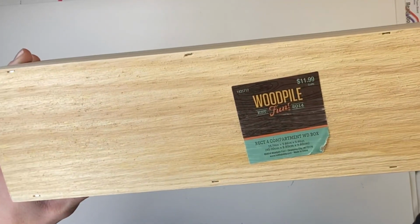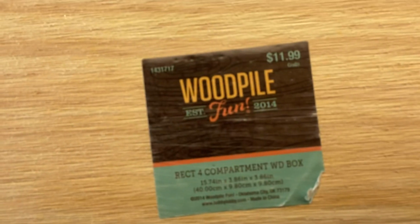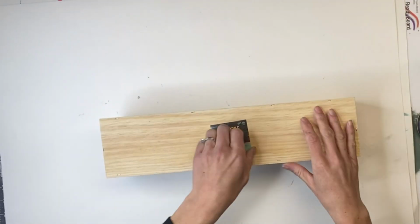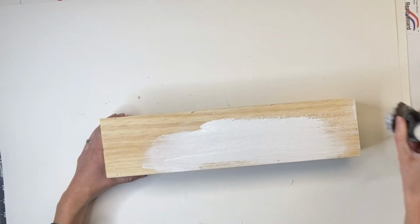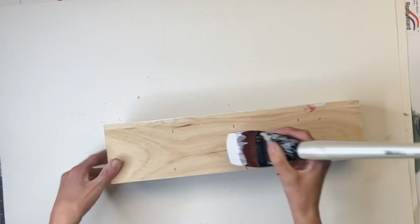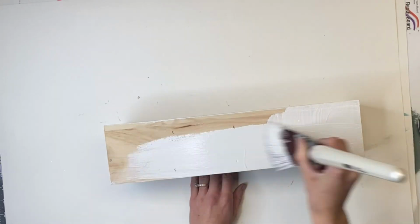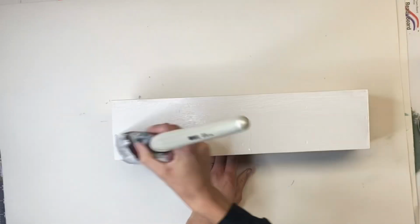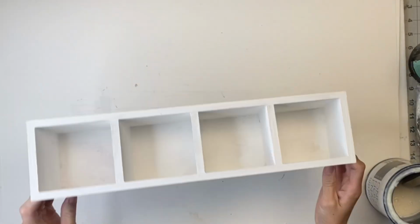I found this unfinished 4-compartment rectangular box from Hobby Lobby, and I grabbed it when all the wood was 40% off. Now I'm going to start by painting the entire box using some Wise Owl Snow Owl. And this is going to be a very simple craft, and maybe we'll learn some techniques on how we decoupage